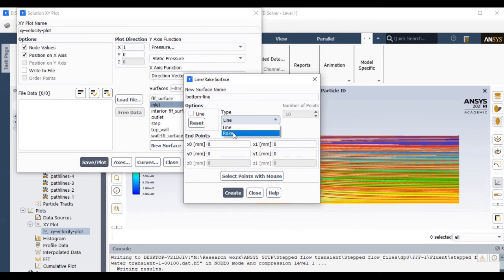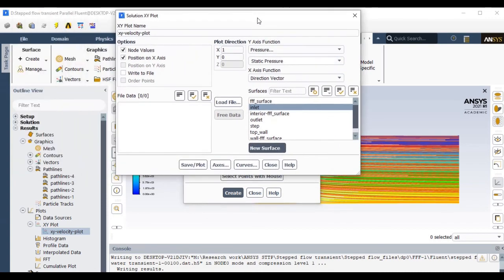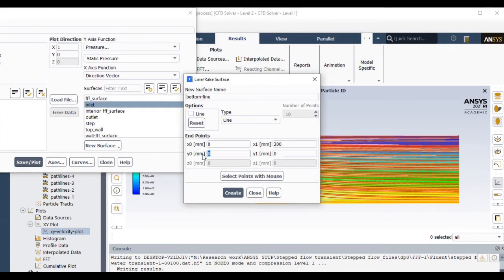I am going to create a line on the center portion, which in the x direction is up to 200 mm in length, and the center is at the 25 mm location. So you just create that center line. Let me ensure whether that line is generated or not.